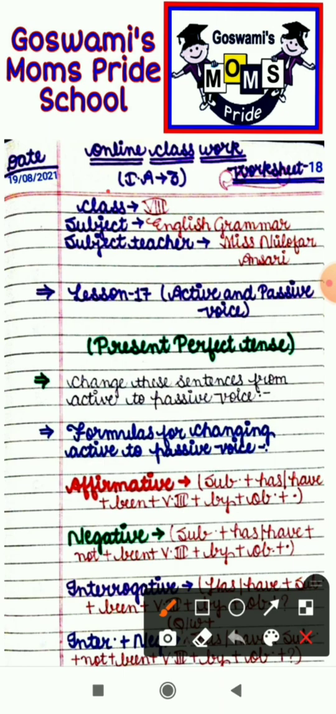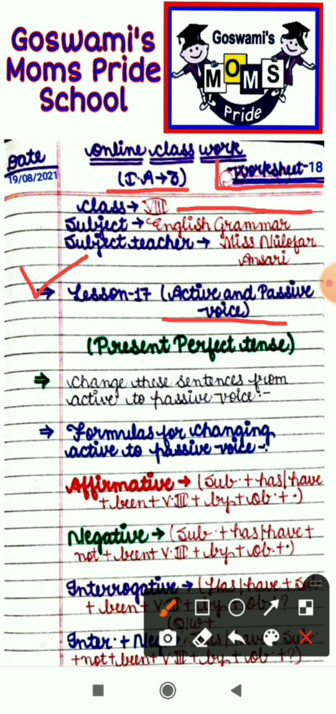So, as you all know, we are doing the syllabus of internal assignment 3. Our subject is English grammar, and in today's video I will explain worksheet 18, which is related to lesson 17. The topic of the lesson is active and passive voice. In today's worksheet, I will explain how we can change a sentence from active to passive voice related to